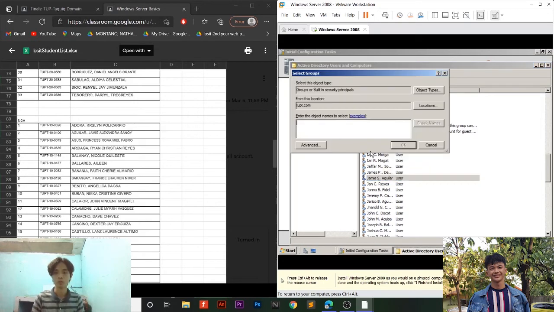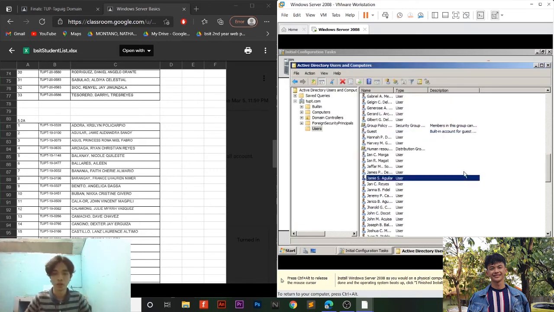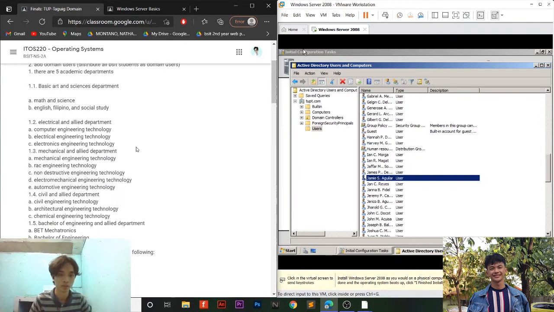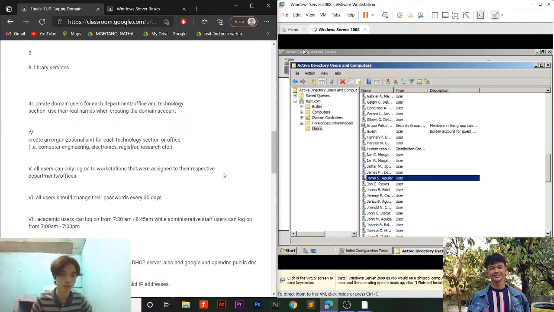Add to a group which is library. Check names. Okay. So we're done on adding users on the group which is administrative department. So the next task is